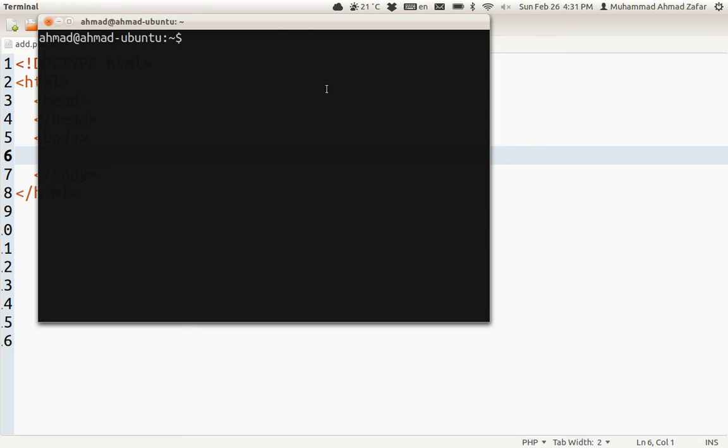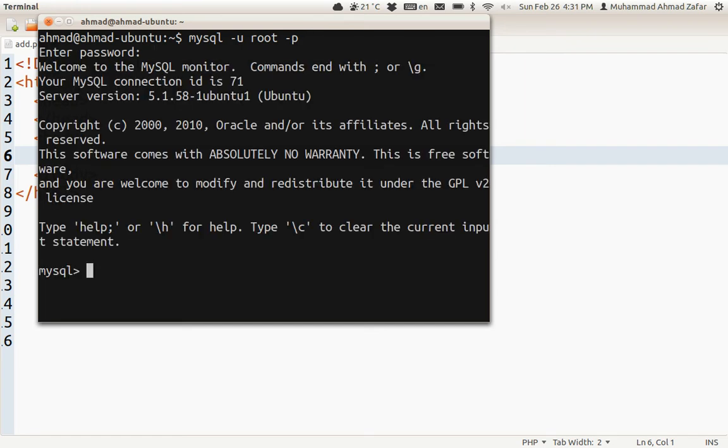Let's zoom in a bit and connect to our local database. This is the command I'm using to connect to my local MySQL database, and the user will be root, password will be asked in the next line. It is connected to my database, and now I need to create a database. So I'll give the command create database, and let's create a simple fictitious database for stepforward.com. Okay, database has been created. Now let's start using this database,